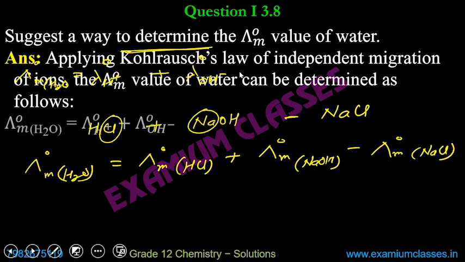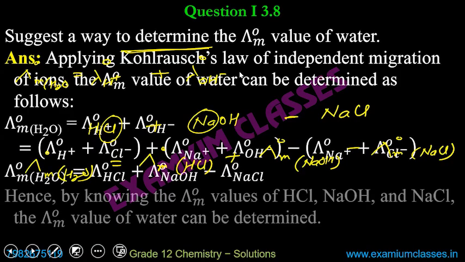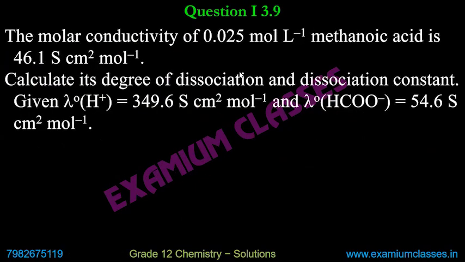Okay. If there is still any confusion, you can let me know. Next question. The molar conductivity of 0.025 mole per liter methanoic acid is given. Calculate the degree of dissociation and dissociation constant. Given the individual limiting molar conductivity of H plus and the individual limiting molar conductivity of HCOO minus